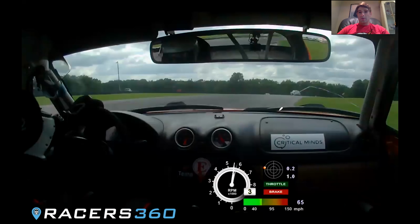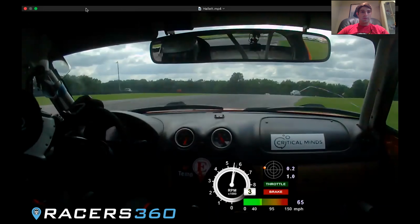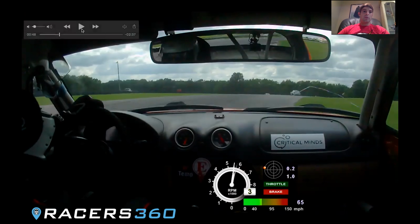You just want to get your eyes set, looking down the road as far ahead as you can. This next corner is kind of a blind entry, but after a few laps, you'll have the muscle memory and rhythm down to it. And it's a great flowing section of the track. It's actually pretty fun. I would say most cars, I try to possibly avoid this curb here, but the next one, most cars are going to be fine putting left side tires on it to help the car